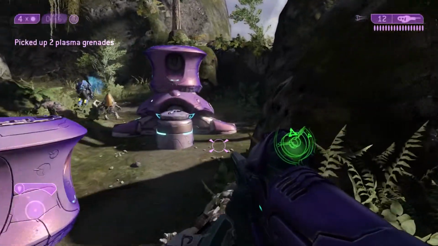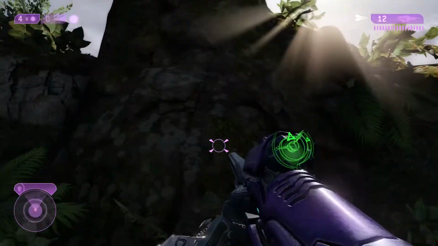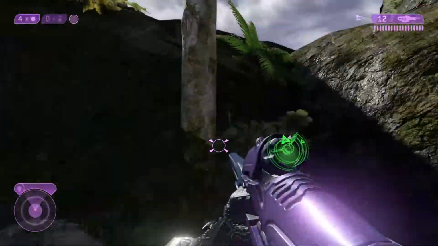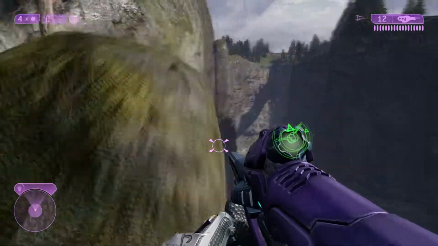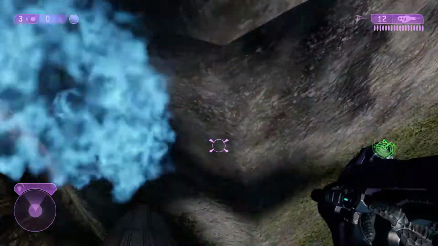So after you clear out all the enemies in this first area, you're going to want to climb up on, not that rock, and no, not that rock either, that rock. There you go. So climb up on that, then climb up over this rock. And you'll just kind of want to run all the way over here up to this edge and do a